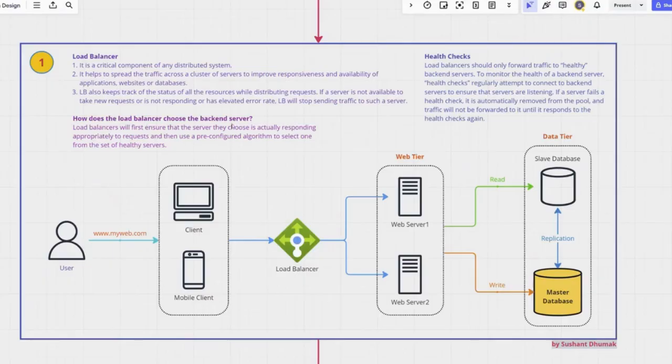How does the load balancer choose the backend server? It ensures that whichever server it sends a request to, that request is appropriately handled by the web server. Before that, it has to check whether the particular server is healthy or not. So there is a health check related to the web server, but that will be done by the load balancer. The load balancer will first check whether that web server is available or not. On the right-hand side top, I have mentioned that it will forward the traffic to the healthy backend servers, and it will keep monitoring the backend servers by checking whether each server is listening